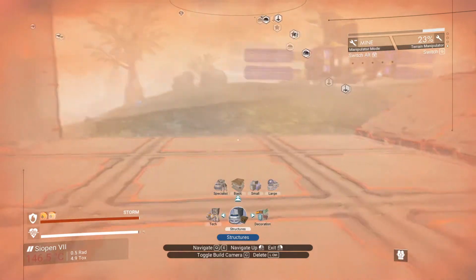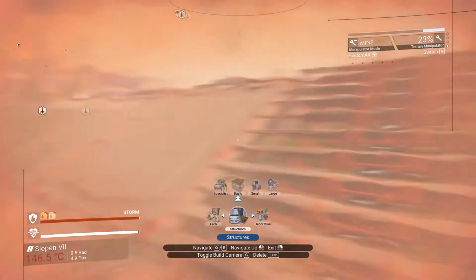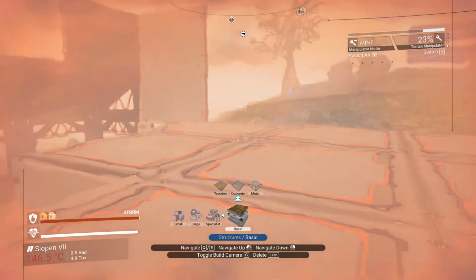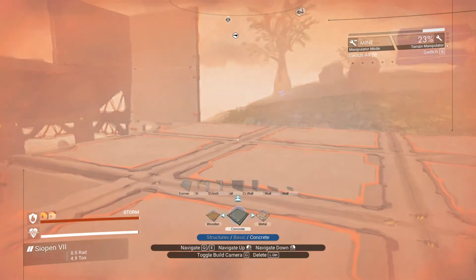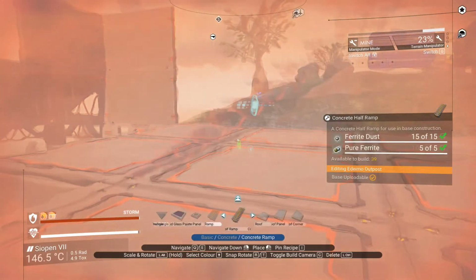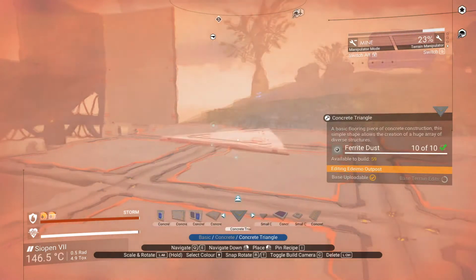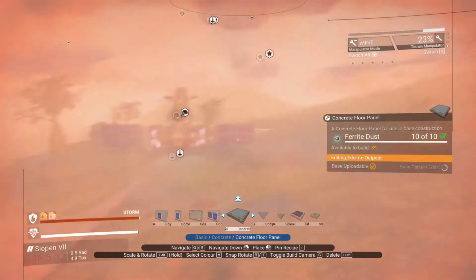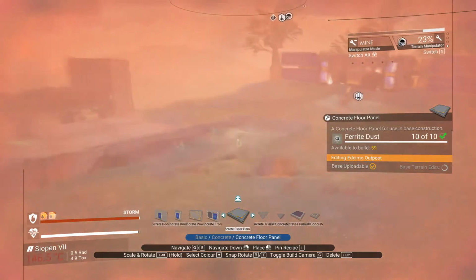I was going to put refiners here, not. Sorry, my fault. Up one. Just going to have to put on here. I was going to try the floor. Concrete floor panels. Just going to